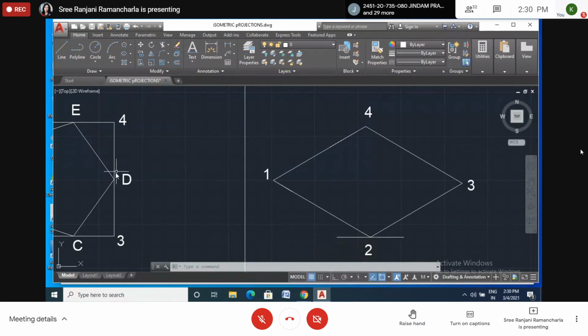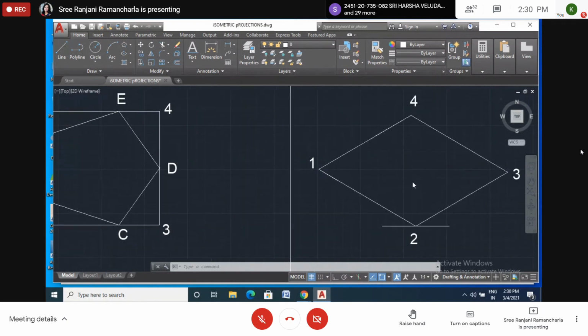My question is, why I didn't mark this point D here between 4 and 3? What is the reason? I marked points C, B, A, and E. Why I didn't mark here? I have to consider a polygon, right? We marked A, B, C, and E. And what about D? Why I don't want to mark here? Because this point is at the midpoint of this 4, 3. It will come exactly at the midpoint.